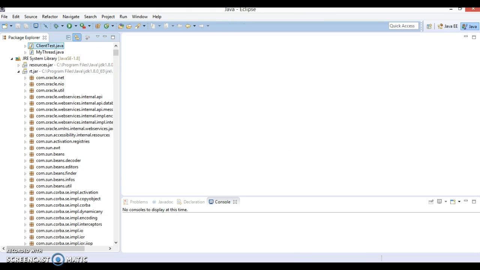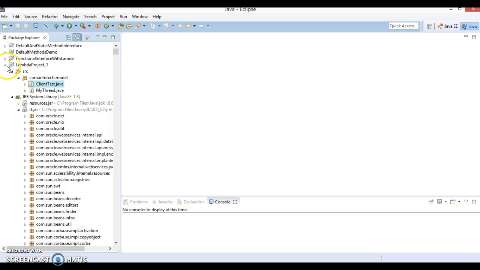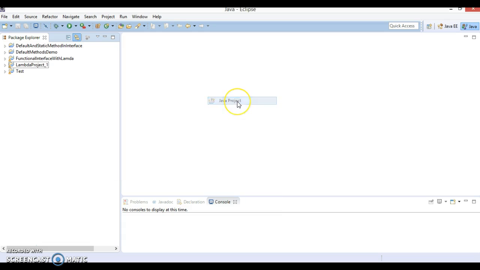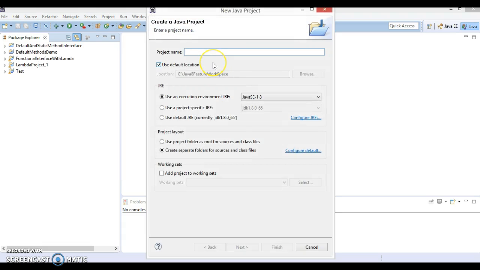So here is the Eclipse, and let's go ahead and create a Java project, and I would say Lambda with functional interfaces.